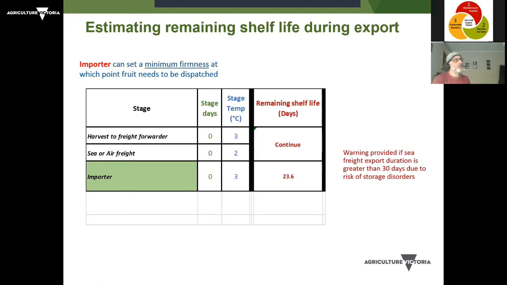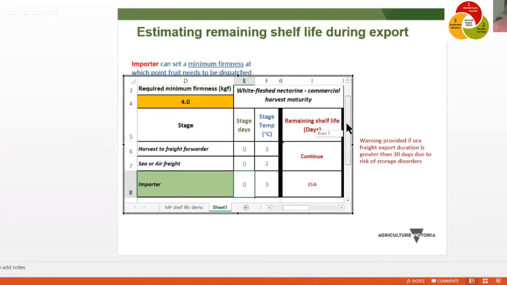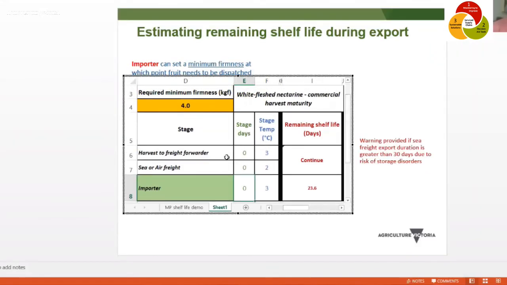So this is probably more useful than the other calculator in terms of it's actually giving you some commercially applicable information. I'm at this stage in the supply chain, how much remaining shelf life has the fruit got, basically. So this is a calculator that can be used, for example, by the importer. I mean, it can be used by either supply chain members, but the importer, and